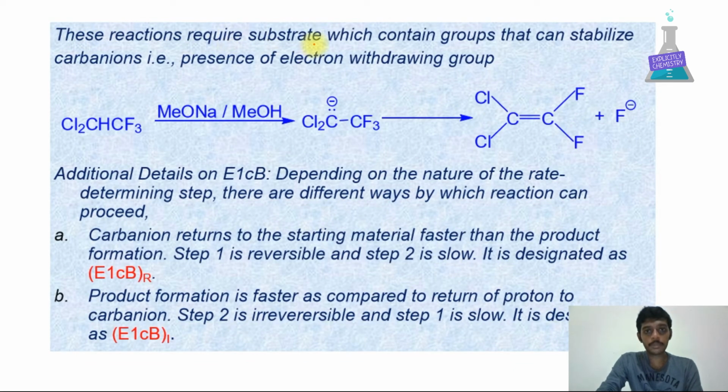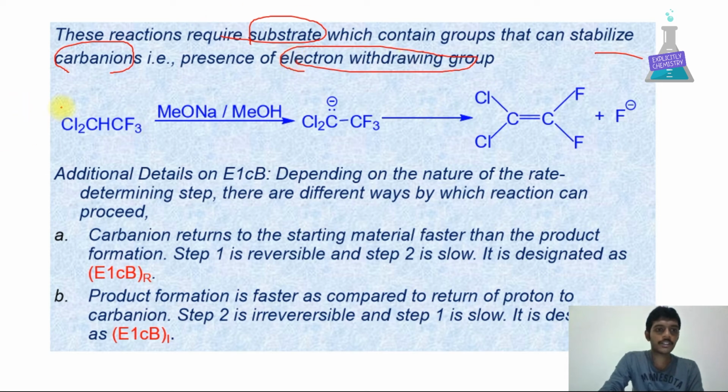This reaction requires a substrate which contains groups that can stabilize carbanions. That is, the presence of an electron withdrawing group will stabilize the carbanion. Here this is a substrate. We are adding base. This base subtracts this hydrogen and the carbanion is generated at this carbon. This is the first step, and in the second step, this carbanion moves over here, forming the double bond, leaving the